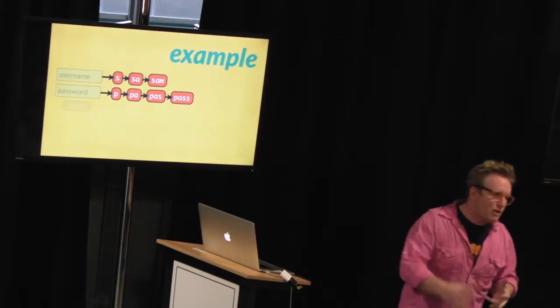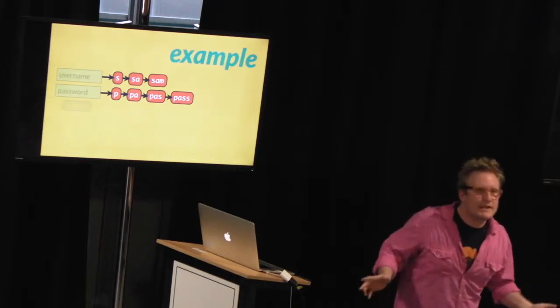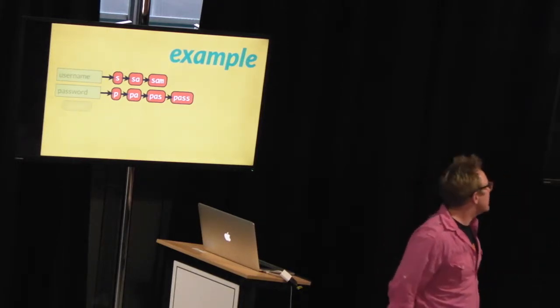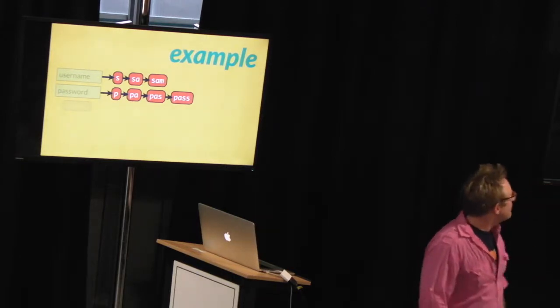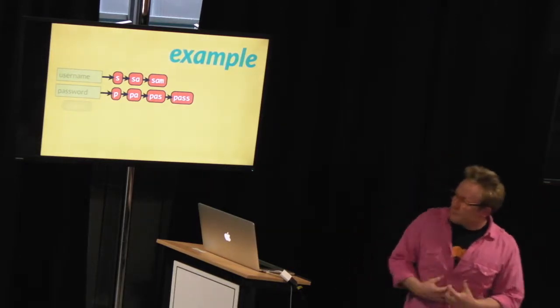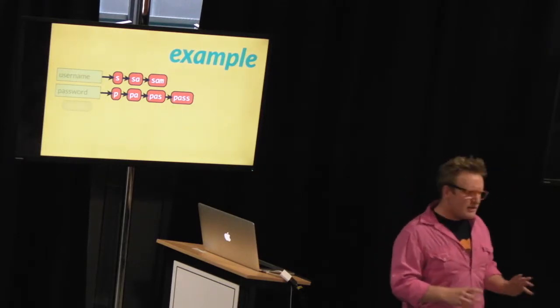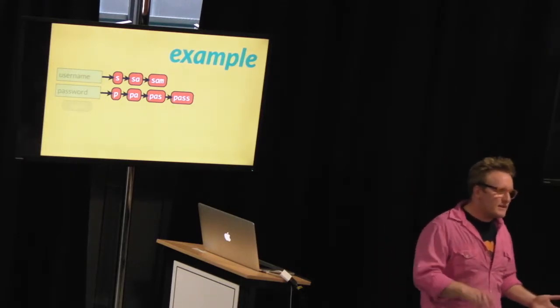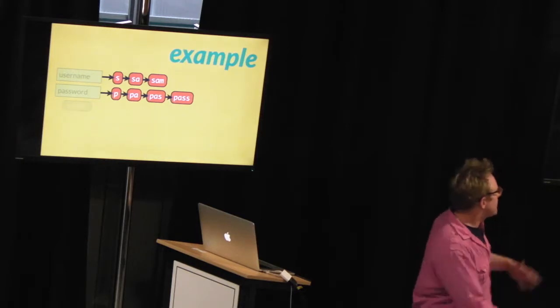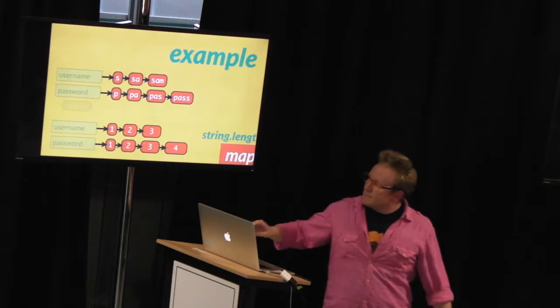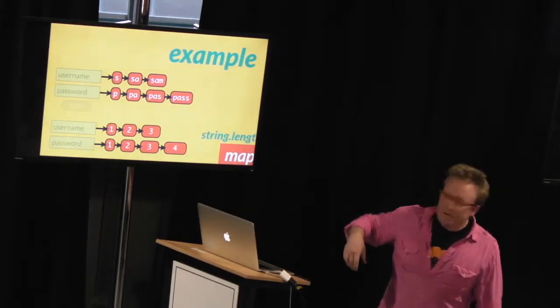The other thing is it's pushing it at me. It's not telling me something's happened with the text field and I need to go back and check it. It's giving me the entire content. And then the password there, same thing. So what I'm going to talk about now is, I've got a submit button there, which you can't use, and somebody shouldn't be able to submit until I've got 3 characters in each one. So I've got these 2 streams, and what I'm going to do is build a little functional